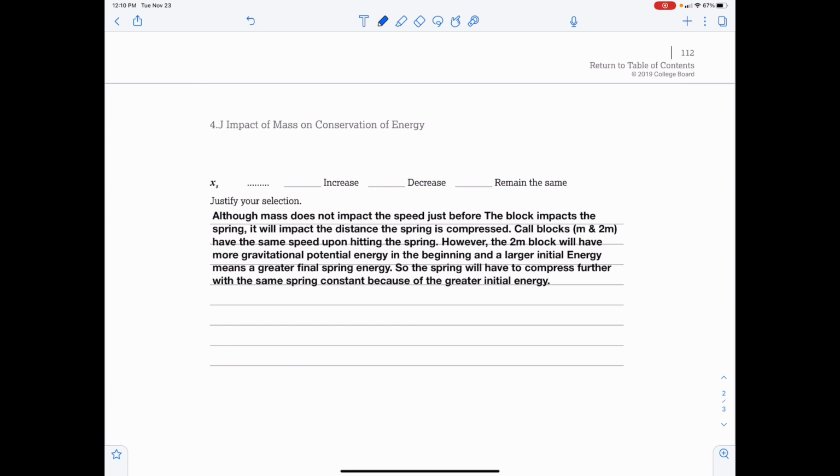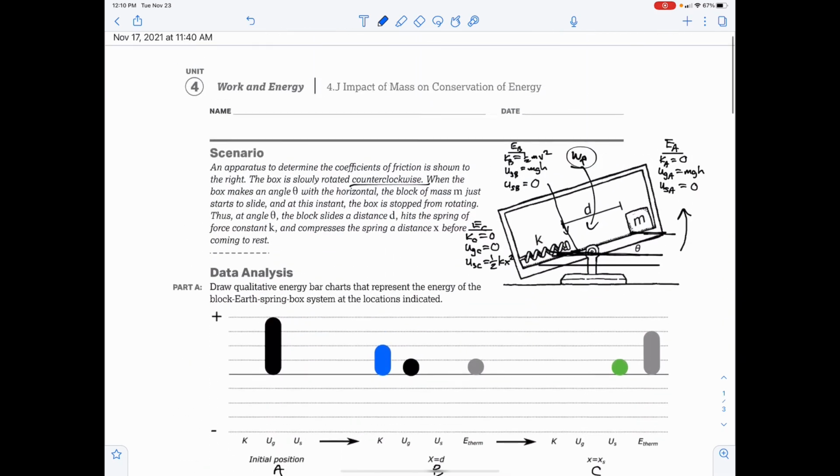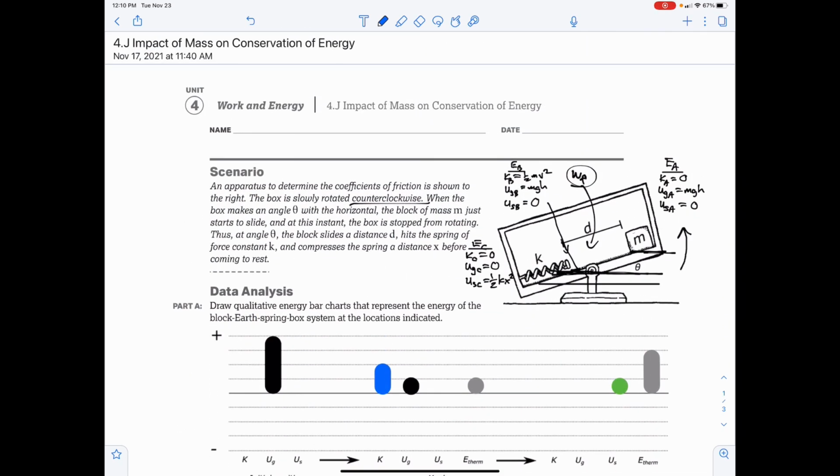Let's think of it this way. Spring energy does not have a mass component. If you have twice the mass, then you start with twice the mechanical energy, which means you end up with more spring energy. Now, you are losing some energy due to friction along the way, but